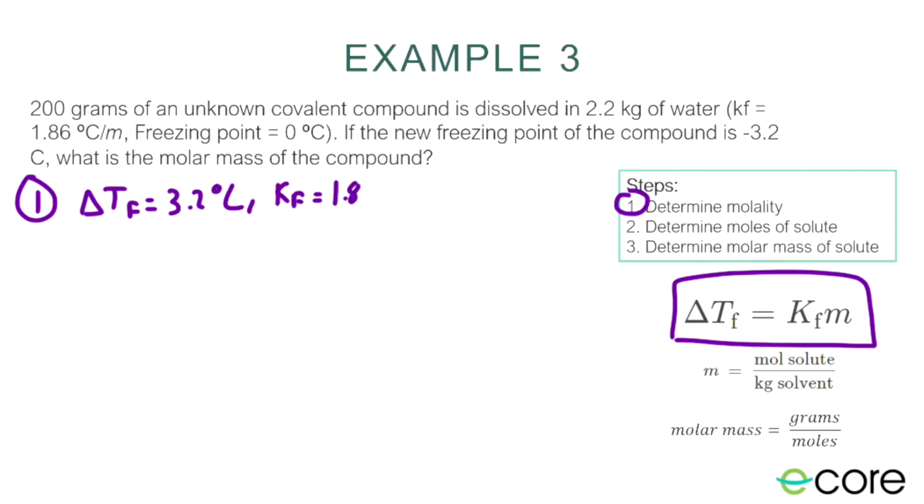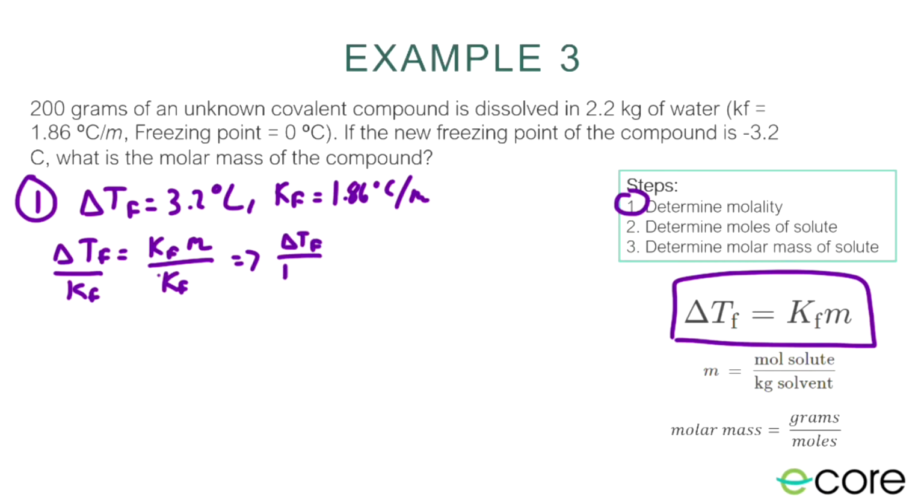So what that means then is we have all the variables. Let's go ahead and add those units, degrees Celsius per molality. We have all the variables except molality. So let's do a little algebra. We have delta Tf equals Kf times molality. If I want to rearrange and solve for molality, all I need to do is divide both sides by Kf. Okay, and once I do that, my new expression is change in temperature divided by my Kf is equal to